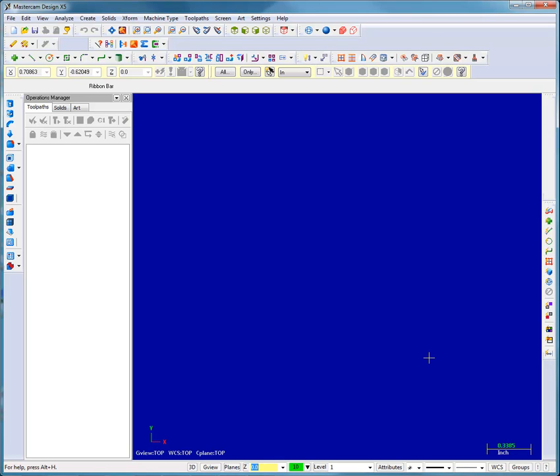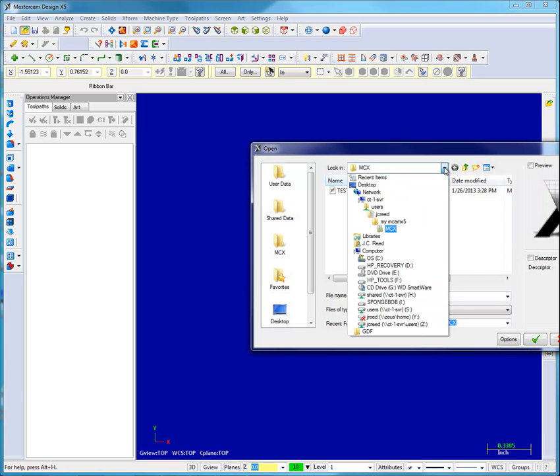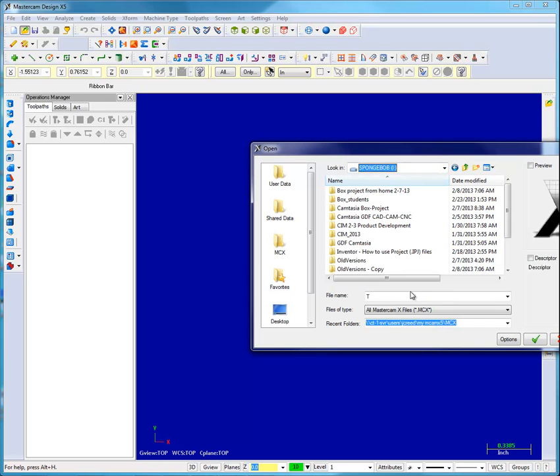Today I'm going to introduce a new type of toolpath which will take care of a particular type of structure, and let me show you what that structure is. So I'm going to import the file. It's a step file that I've exported from Inventor,